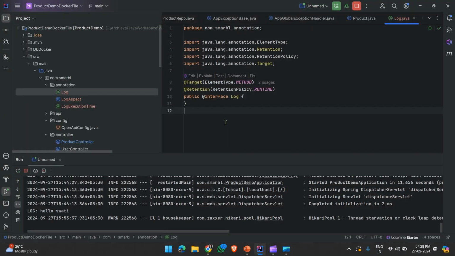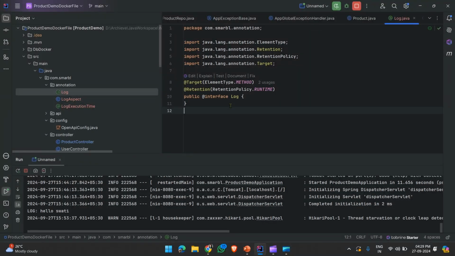Why target? Target will specify that this annotation can be only applied to this method. It defines where the annotation can be applied. You can apply it on fields or classes, anywhere, but here we have defined it on the method.